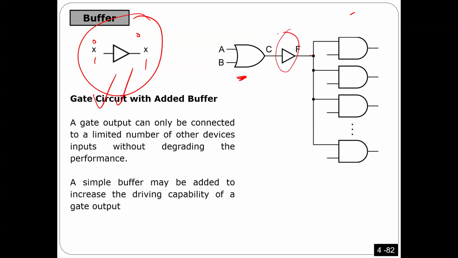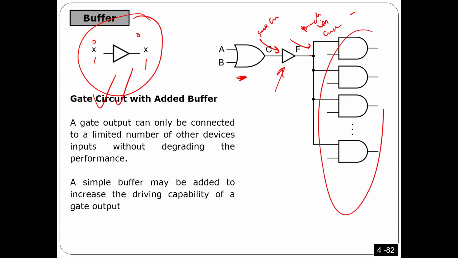This buffer does not do anything for logic. If the input is 0, it gives you 0. If the input is 1, it gives you 1. It does not change the digital numbers. But what happens here is it is an electronic circuit. You take a small current from here, and it can provide much higher current. So in this case, this device can help me to connect many